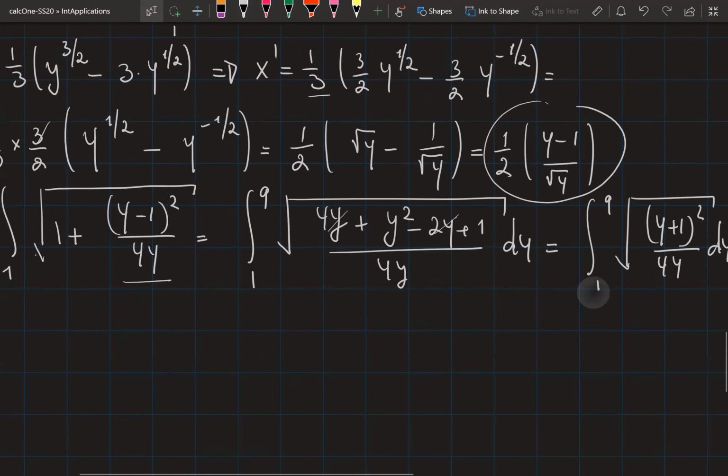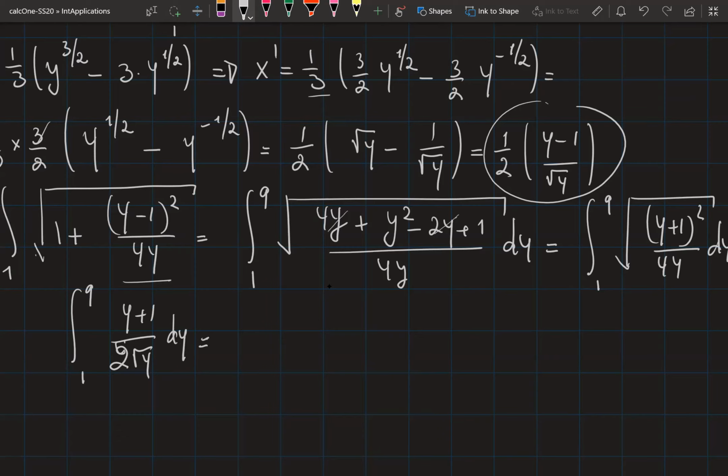It's going to be equal to the integration from 1 to 9 of (y plus 1) divided by 2 square root of y dy. So we can integrate this by just dividing every term of the numerator by the denominator. In this case, it's going to be the integration from 1 to 9 of 1 over 2 square root of y dy plus 1 over 2 integration from 1 to 9